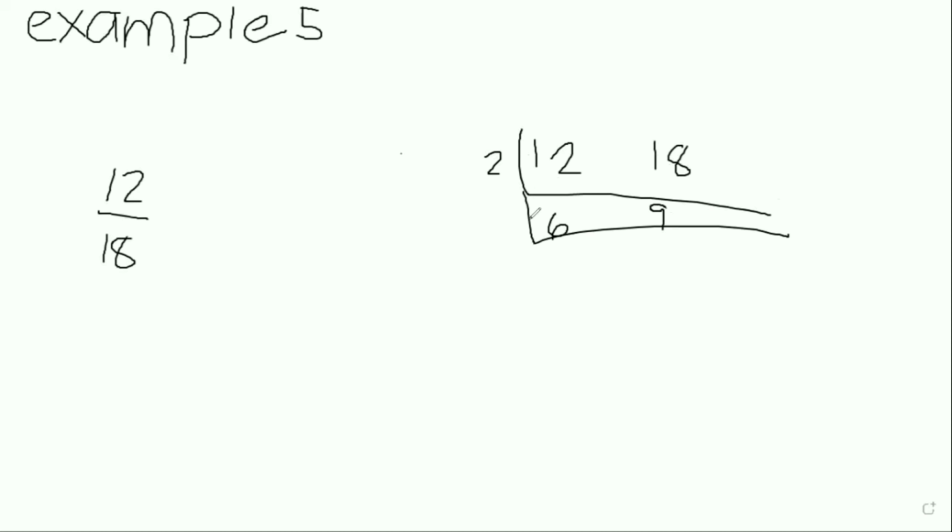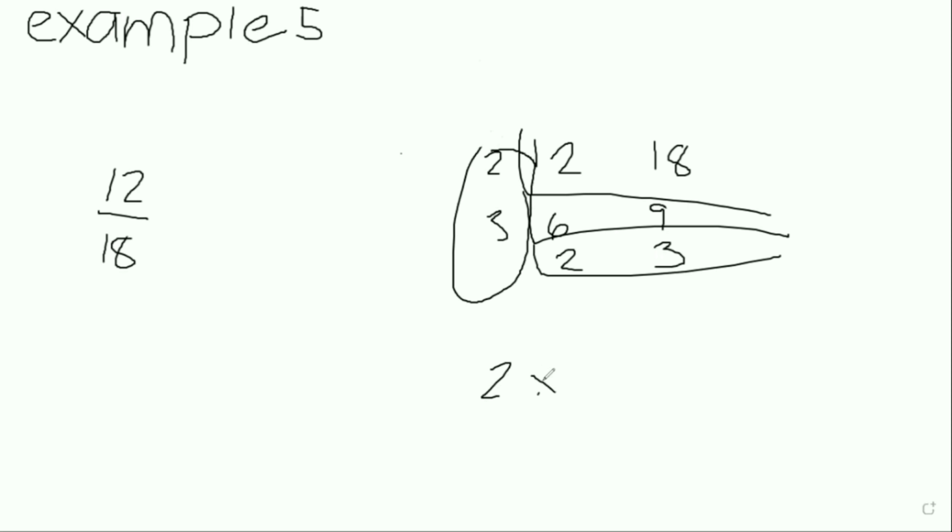The answer is yes. It is 3. 6 divided by 3 is 2, and then 9 divided by 3 equals 3. Is there any other common factor of 2 and 3 beside 1? The answer is none. So therefore, the GCF of 12 and 18 is 2